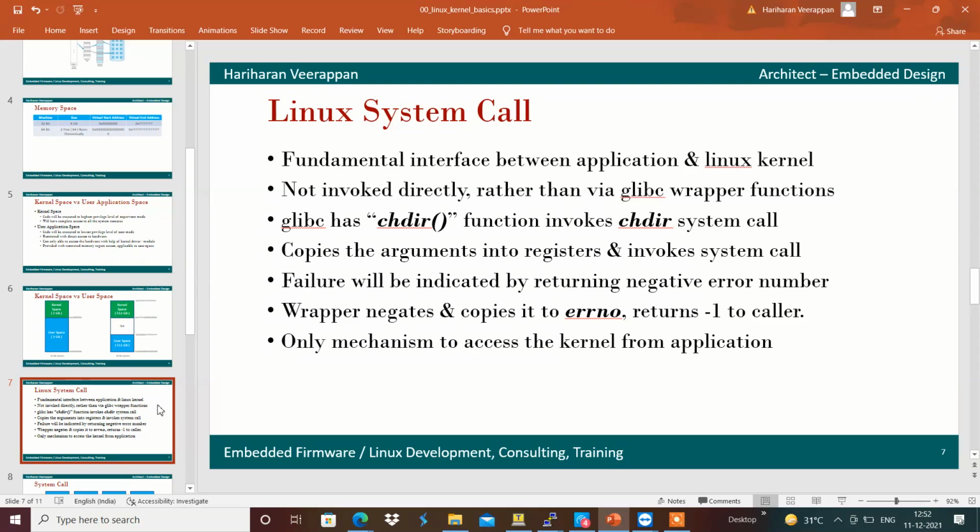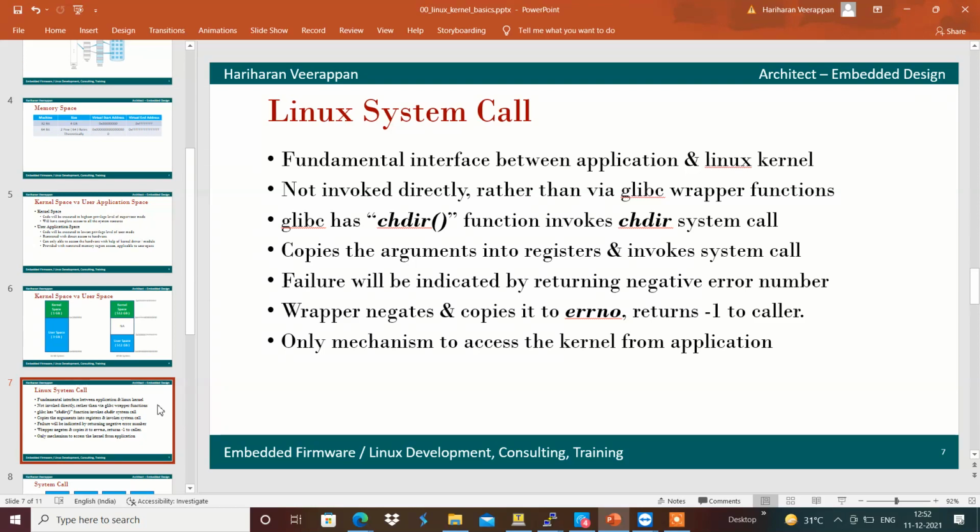System calls will not be invoked directly by the application. The glibc provides various kinds of wrapper functions in order to generate the system call, to let the application interface with the Linux kernel through Linux system calls.